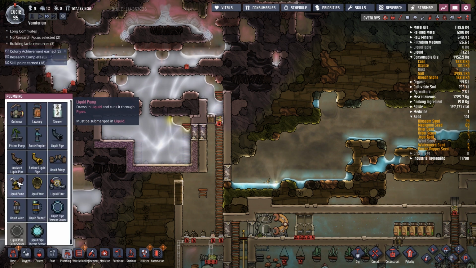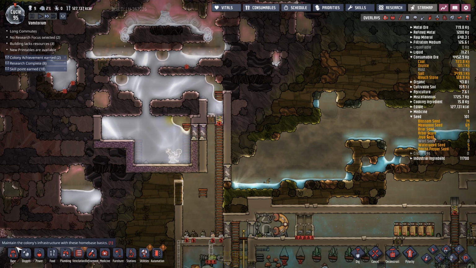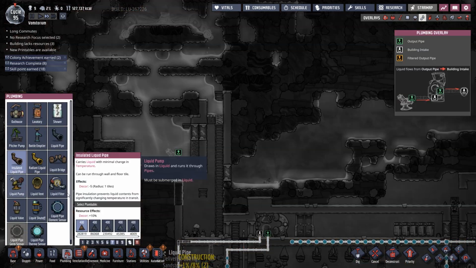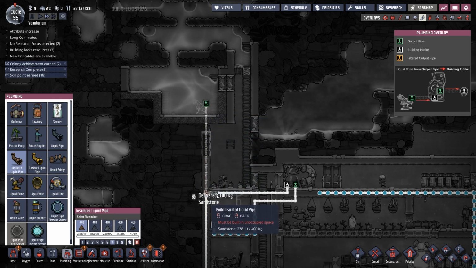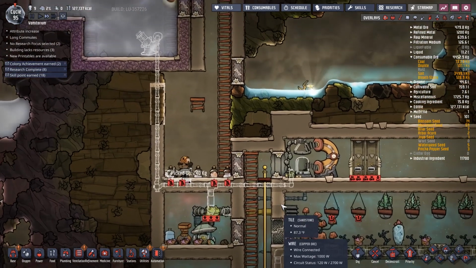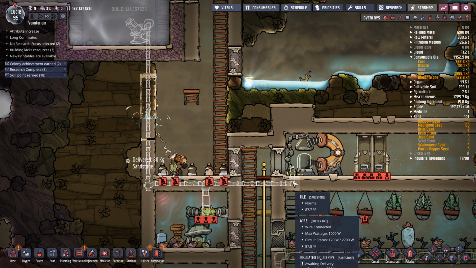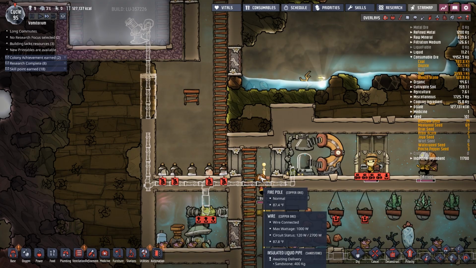Let's see. Guess I'll get a liquid pump down kind of preemptively. Speaking of, insulated liquid pipe. Because yeah, we should be using insulated liquid to get into the desalinator. Or...